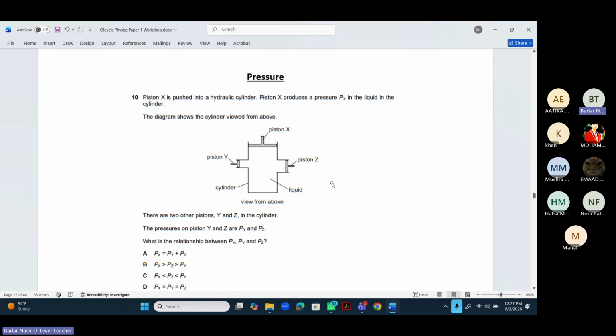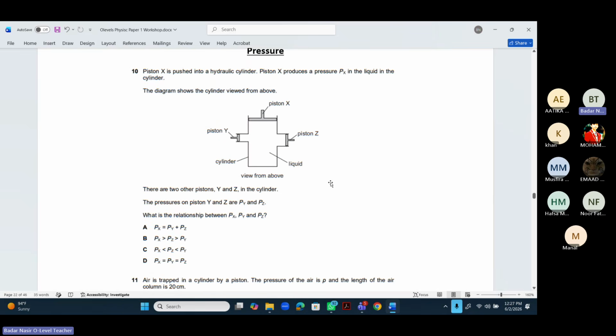नाउ नेक्स्ट सेक्शन में वी हैव प्रेशर. Pressure, piston X is pushed into a hydraulic cylinder. Piston X produces a pressure Px in the liquid in the cylinder. The diagram shows the cylinder viewed from above. There are two other pistons Y and Z in the cylinder. The pressure on Y and Z are Py and Pz. What is the relationship between Px, Py and